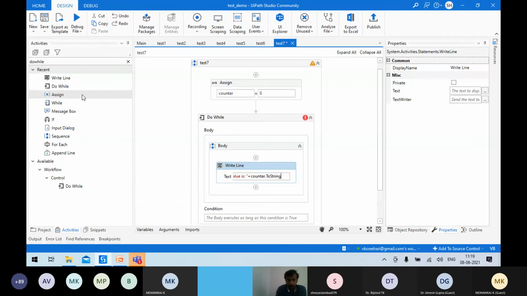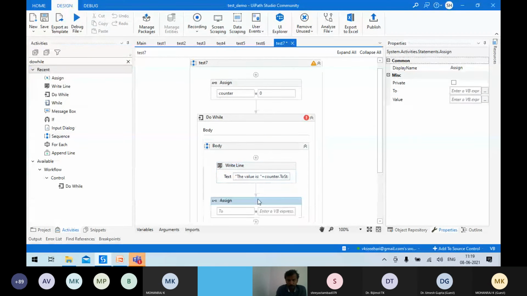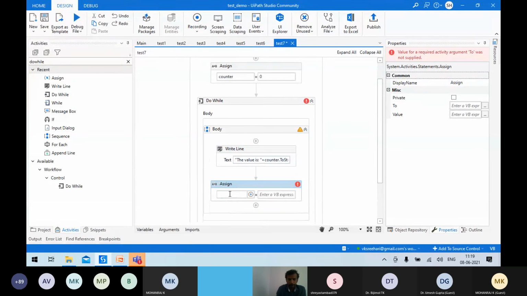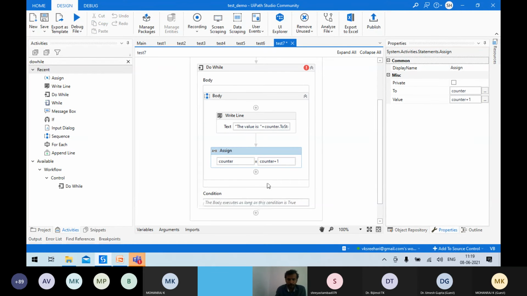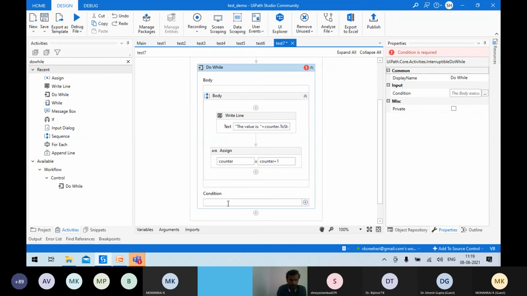Then immediately after that you have to put an increment sign. Then after doing these, you give the condition as counter.